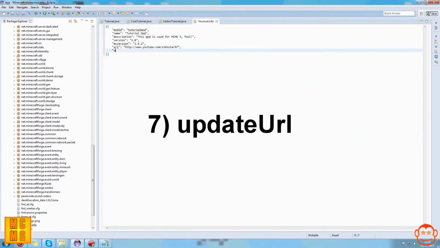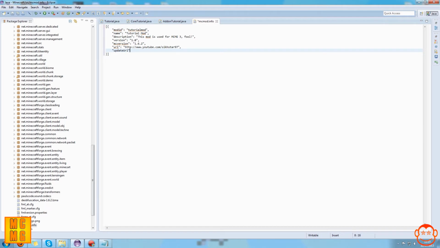Now the next thing is updateUrl, with URL starting with a capital U. This is a string value again, but this is actually currently unimplemented in the game, so there's no point including anything there. But basically, it's going to be a URL for your mod, the update URL, as you can see by the name, which Forge will use